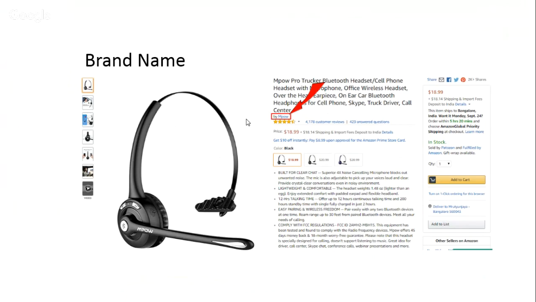But if you have already registered, below the product title it says "by Empower", so that brand name belongs to you. You are saying Amazon will allow someone else also to use that brand name if you are not registered? Yes, because they do not have any mechanism to prove who is the right owner.